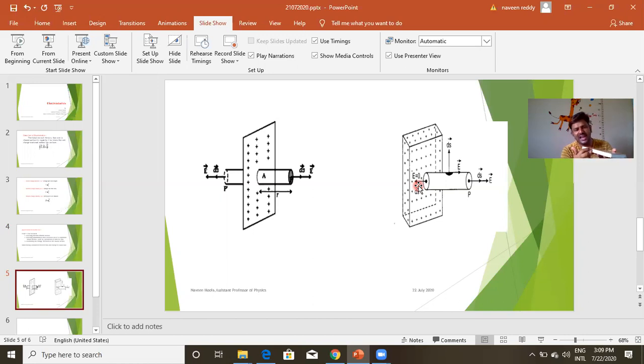As there is no charge, the electric field intensity at any point between these two layers, we will understand if we see it like this. Imagine it as very thin, but we are seeing it in a microscope. Here it is a charged plane, and here it is again a charged plane. Between them there is no charge inside this conducting sheet. So the electric field is 0 inside, and charge will be on the upper face and on the lower face. This is the difference between this application and the previous application.